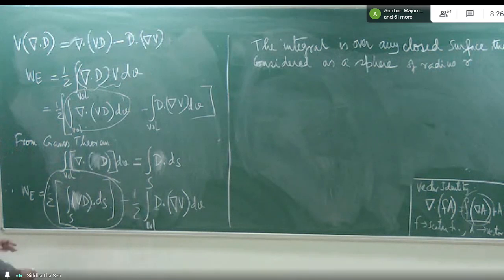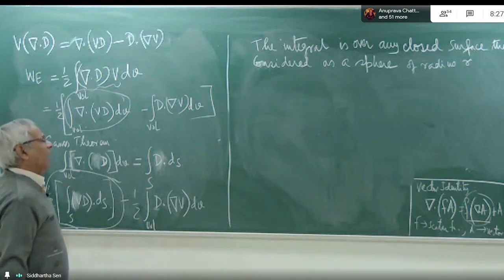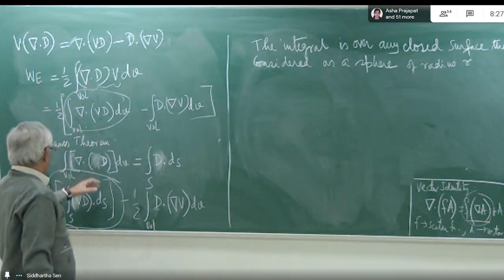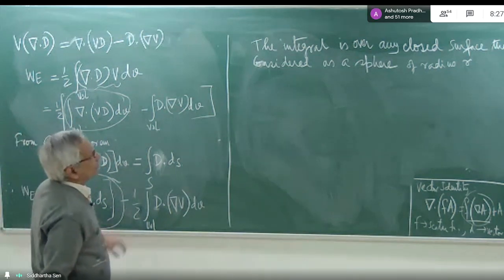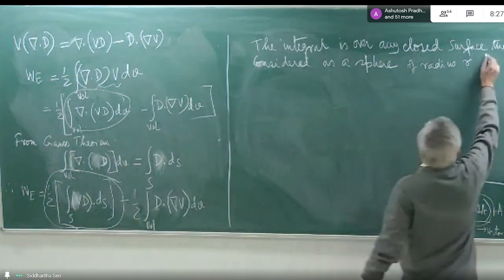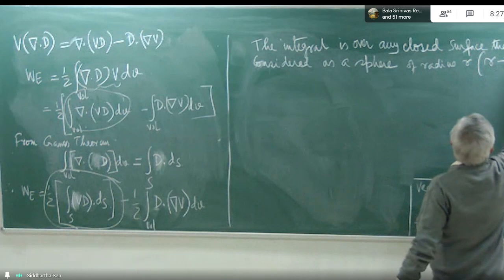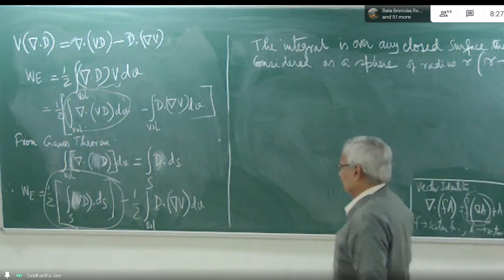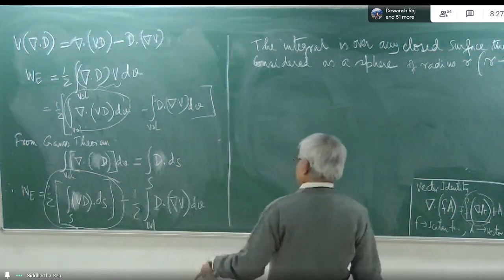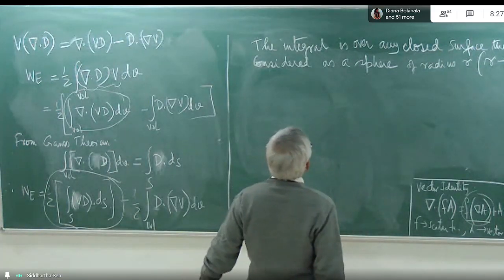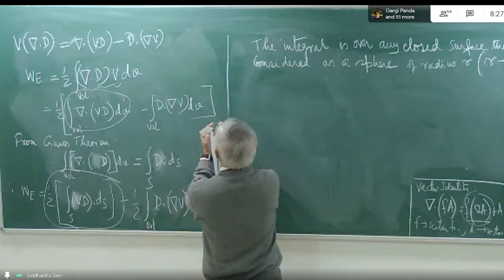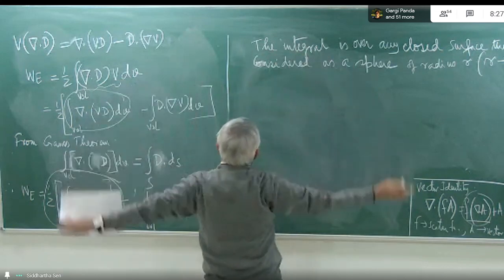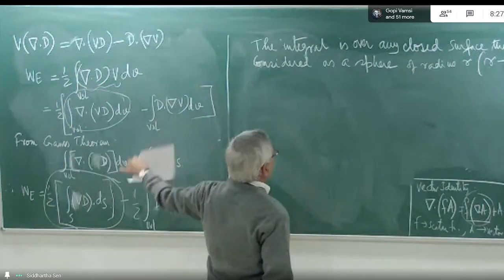I would like to do the surface integral, but the surface I can choose as anything I like, and there is no harm if I choose that this integral is performed over a particular sphere. And moreover, we say this R is very large, it tends to infinity. So it's a very large sphere. And we know that the point is that we are considering a very small area, but the surface integral is over a very large sphere.